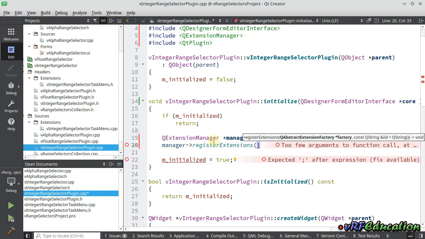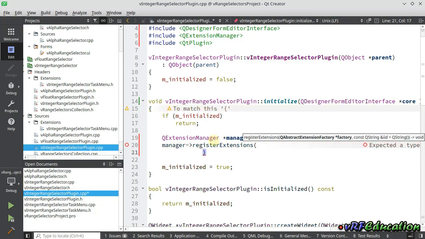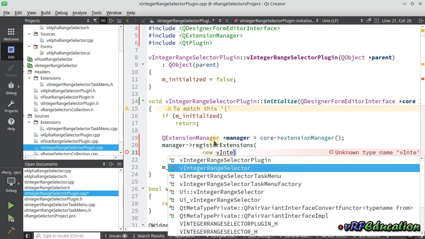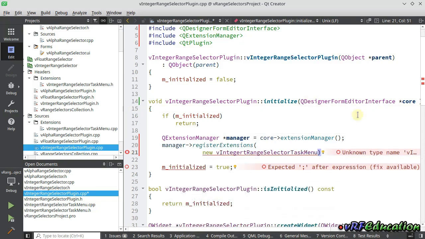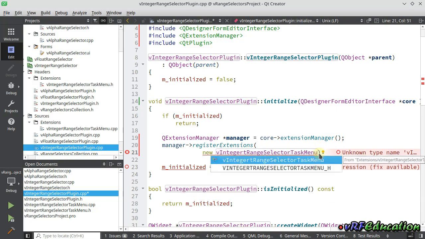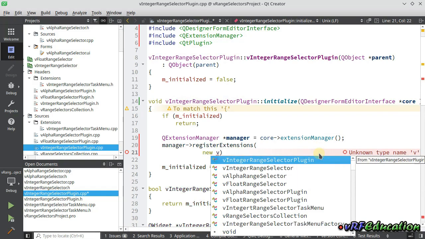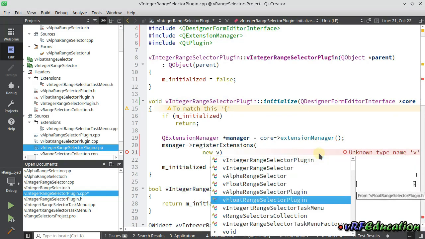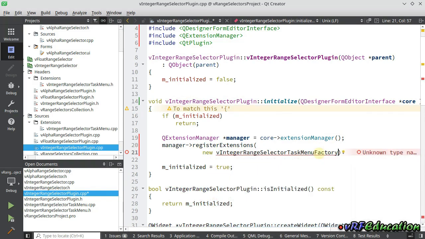As I said, task menu is just the type of extensions, so we need to pass it as a parameter. New vInteger selector task menu factory, vInteger task menu factory, and pass the manager